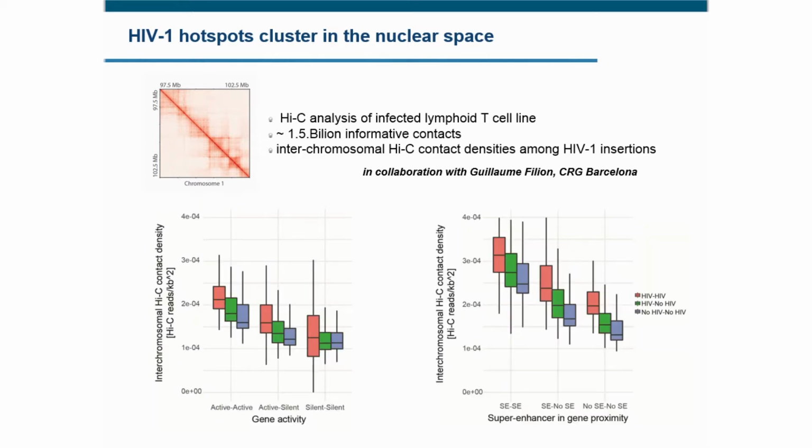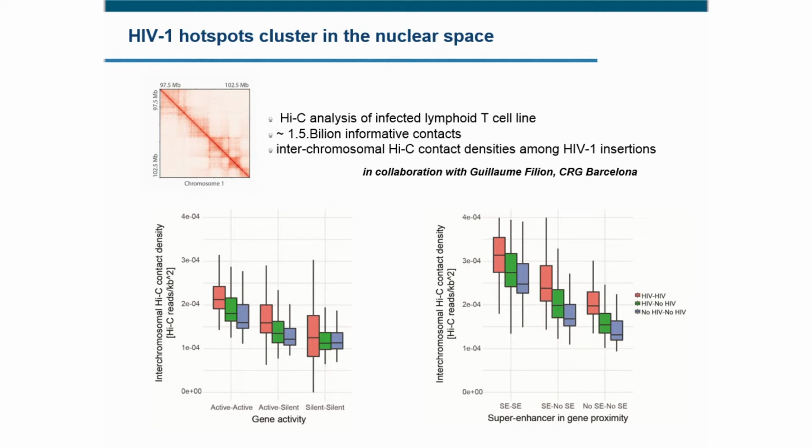And what we observed is that, so it's a little bit complicated. I'll try to make it as simple as possible. Those regions which have HIV integrations will interact much more with other regions that have HIV insertions. And so basically HIV insertions or integrations into the genome can also be the predictive force between the contacts between